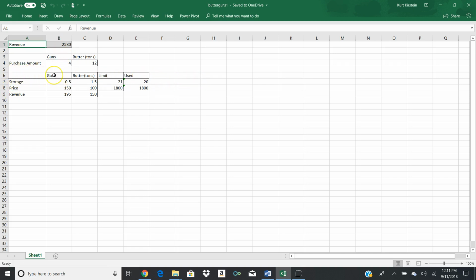So we have a column for guns. We know that each gun takes 1/2 of a cubic yard or meter for storage, that it costs us $150 to build, but that we can sell it for $195. Over here on tons of butter, we see that each one takes up 1.5 cubic yards or meters in our storage. We can create the butter for $100. That's what our parts cost us, or our milk and whatever costs us,